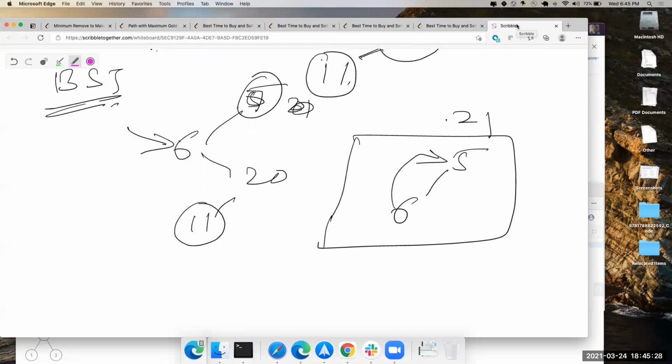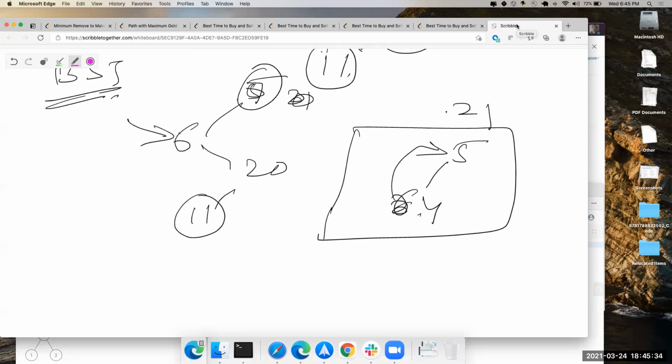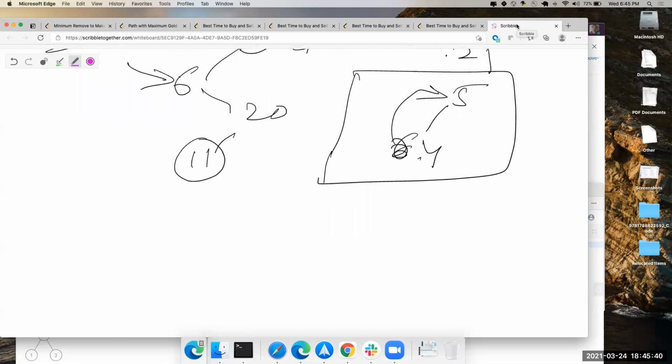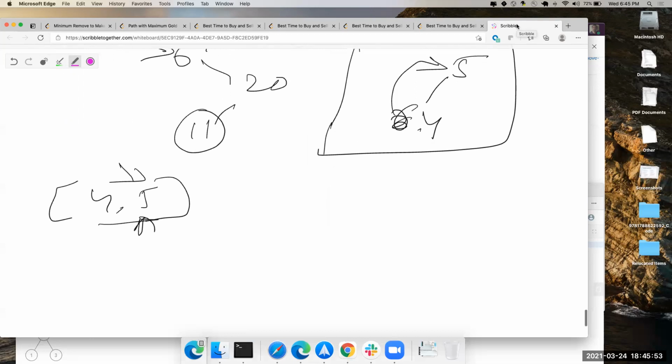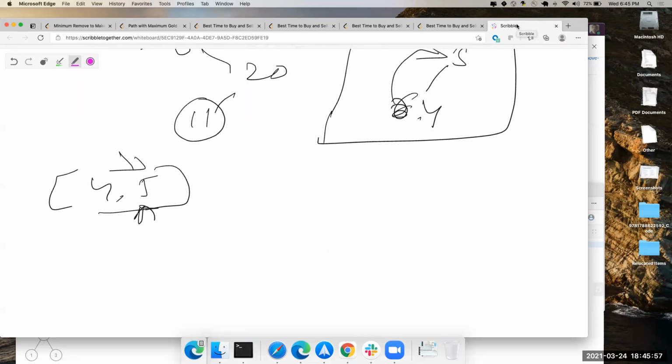But for 6, 5 is the answer, right? No, for 6 there is no answer. Let's say this is 4. For 4, 5 is the answer. Right. If I do an in order traversal, my result array would be 4, 5, right? That's what Sue said: you get 4, then the number after it, 5. I thought you were using some other way to do this. No, that's fine, the same thing.